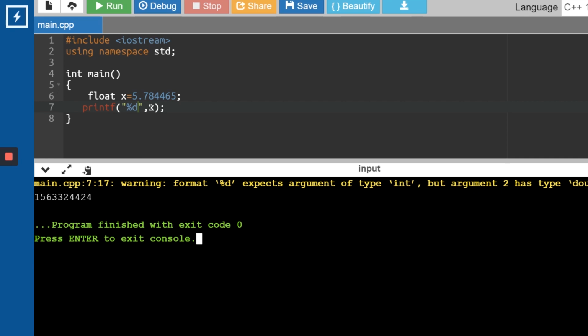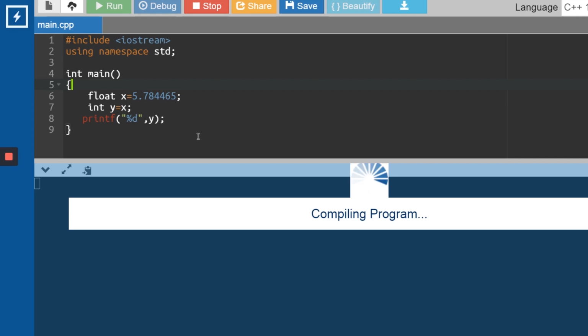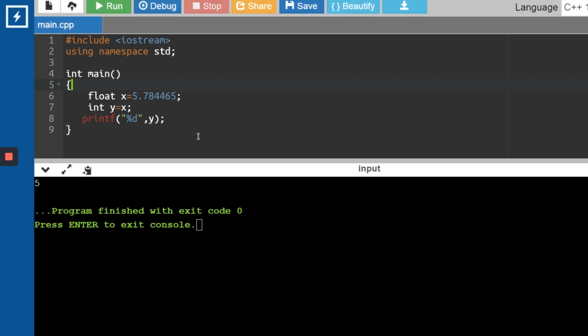So if you want to convert explicitly, you'll have to typecast it first, and then you'll have to try to print. So how do you typecast it first? Let me typecast it first. So int y is equal to x. Now what I'm trying to do over here is whatever value I had stored in x, I'm storing it in y, and y is an integer type of variable, right? So only the integer part from x will be stored in y. Now if I try to print y, let's see what happens. I'm running the code, and yeah, you can see now there are no warnings, there are no errors, which means it works fine.